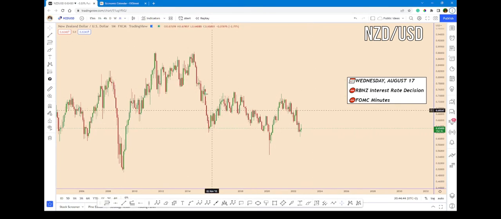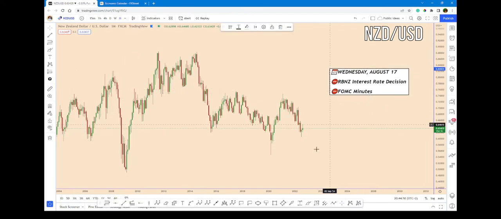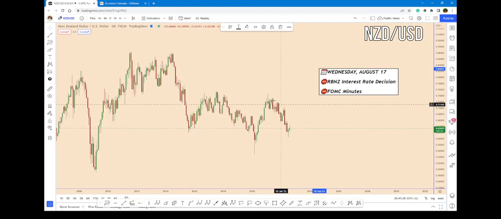Today we are going to analyze New Zealand dollar and USD dollar. But in the opposite direction, we are not going to look at this currency pair as one of the best trading scenarios, but we are going to look at why we should not trade during this week, probably tomorrow, to